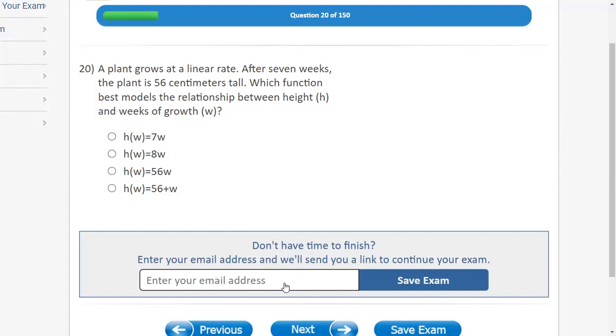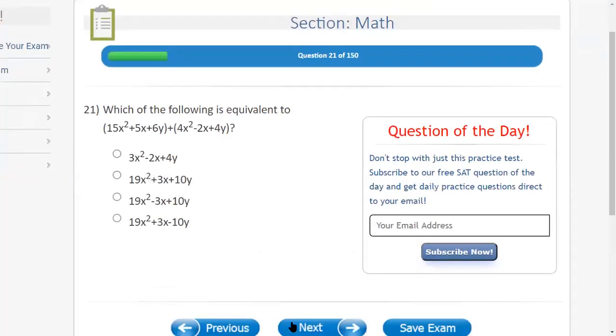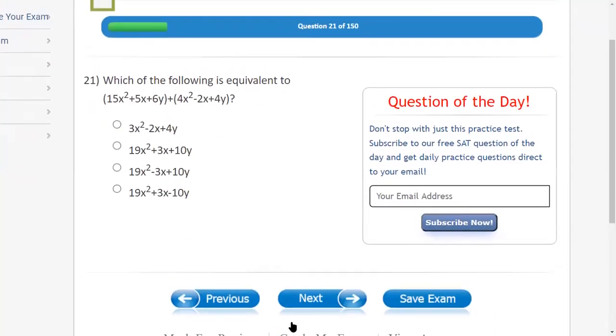Okay, I'm gonna go with the second one. This one is the second? Yeah, okay. And next one, once again I'm just zooming that. Okay. Which of the following is equivalent to